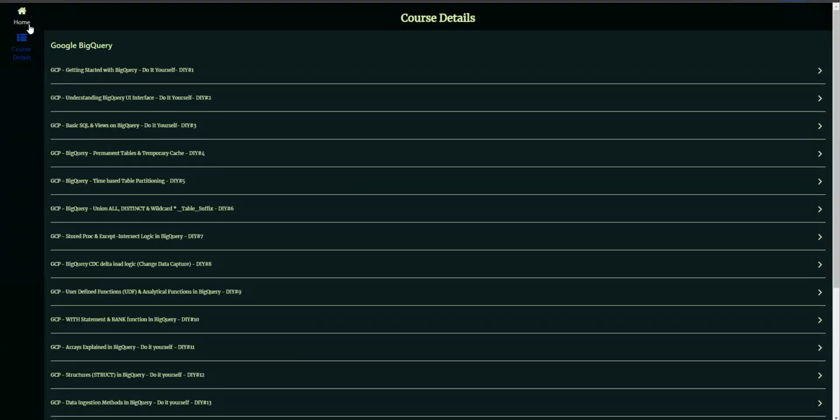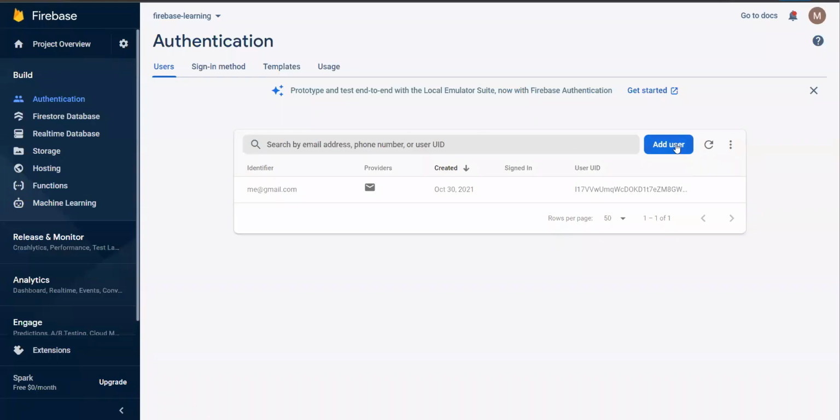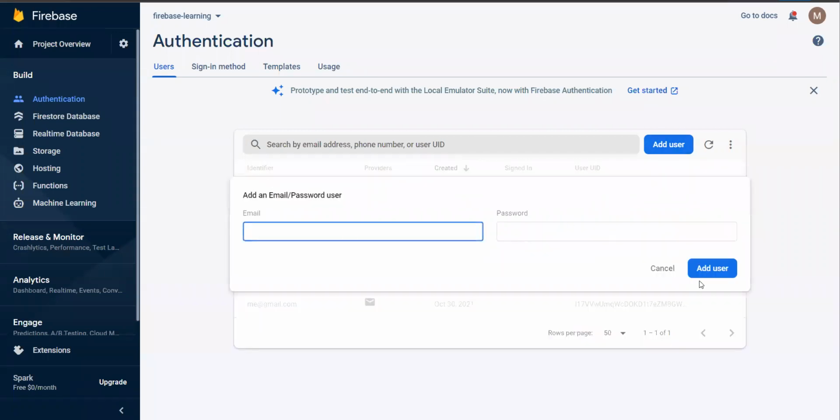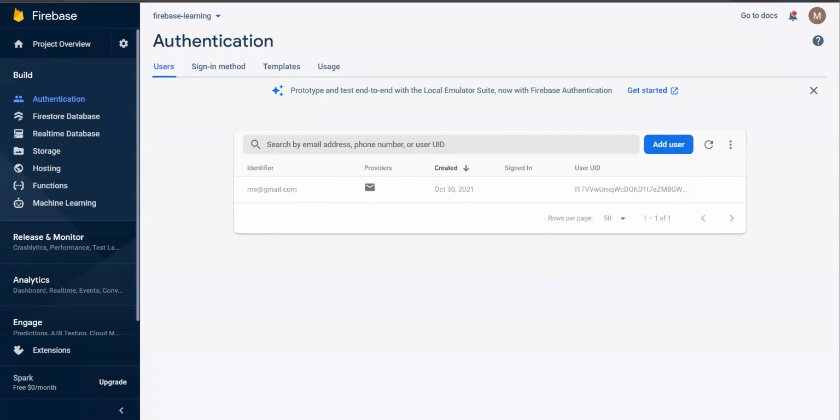So now the reason we wanted to enable this is, if you want to add more users, obviously you can click on add user and enter the email and password and the user will be added. But there needs to be a sign up step. We'll worry about the sign up step probably in a later video, but that is how you will enable the authentication for an app. I hope this video was useful.